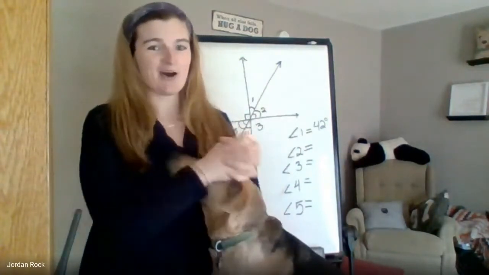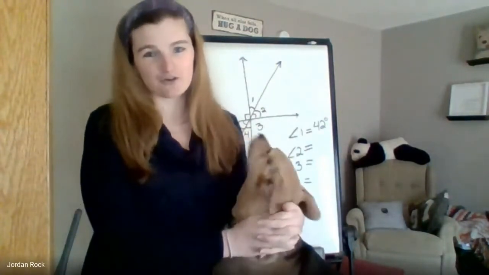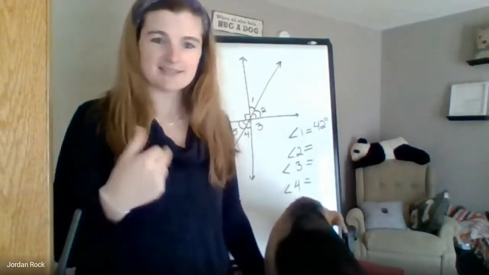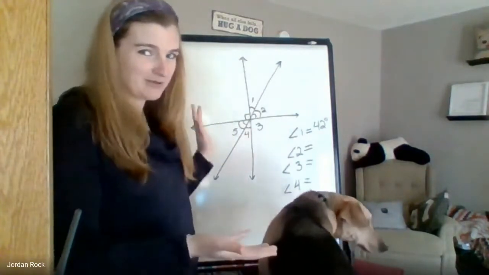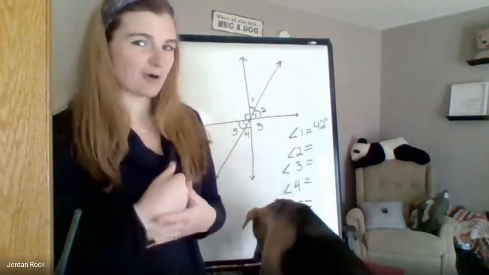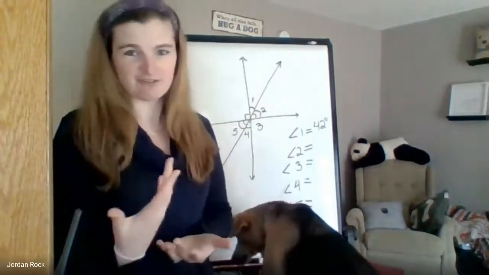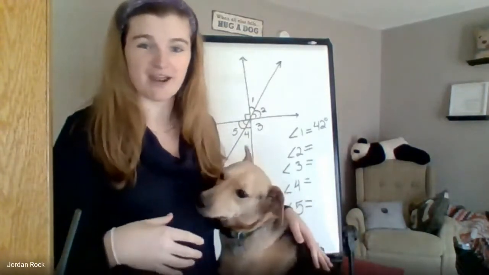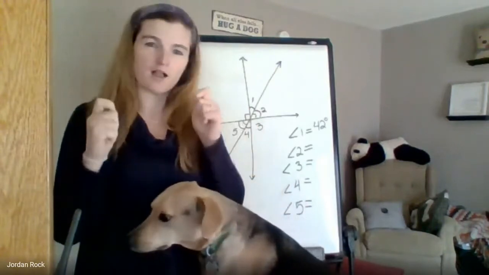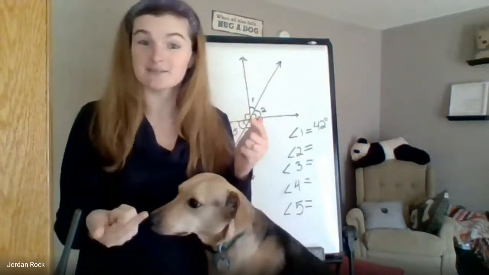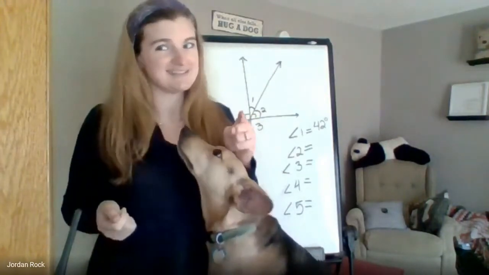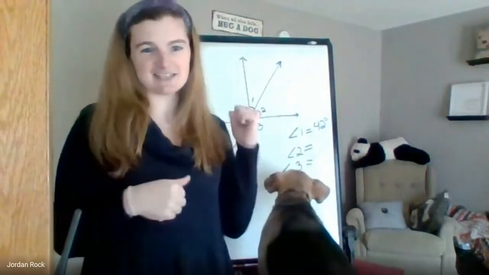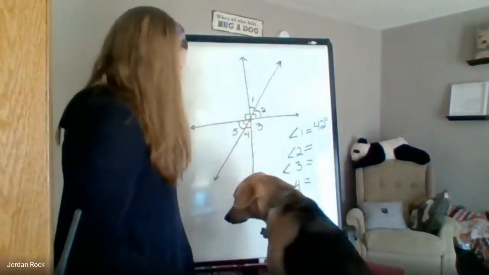So today we're going to talk about how we can use our information about vertical angles, about complementary angles, and about supplementary angles to help us solve problems. So I call these logic problems because you have to use some logic and reasoning in order to solve them. Kind of think like when we solve Sudoku problems, right? You have to use like well, it can't be this, so it has to be this. Or because this is this, this has to be this, and so on and so forth. So we're going to use that to solve a problem, kind of like this one today